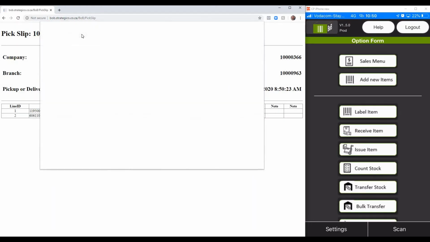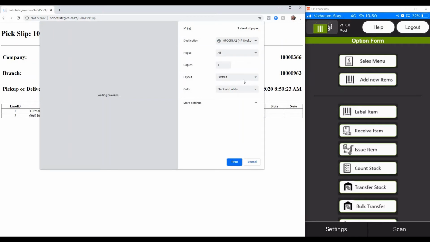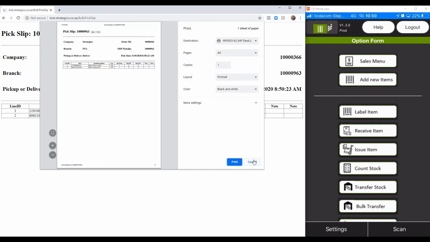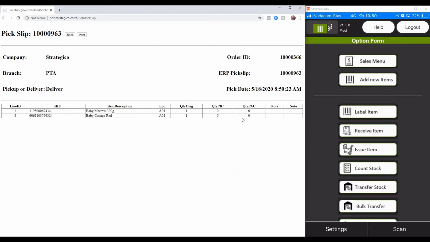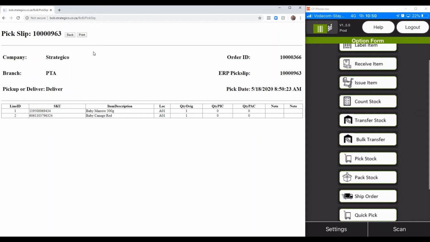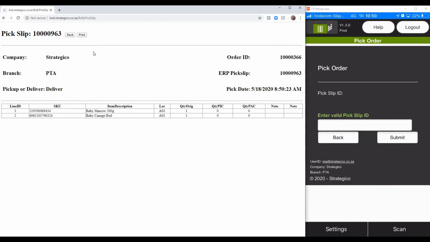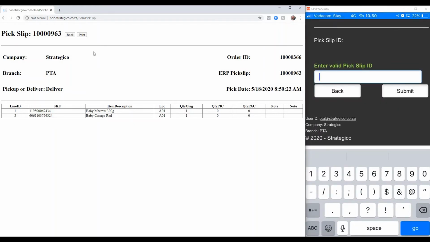Okay, so you can physically print it to an HP printer or whatever, a laser printer, and you can hand that to the user to go and pick. So what we'll do now is on the app, the user will go to the fridge and say pick stock. The system will ask him to enter a valid pick slip ID. So we're going to put in that